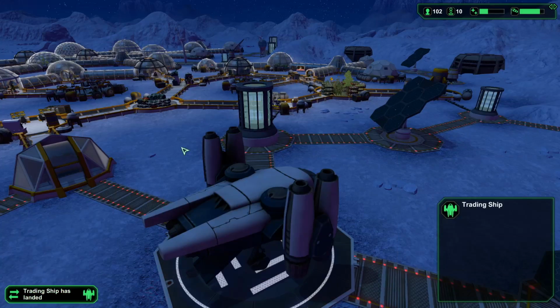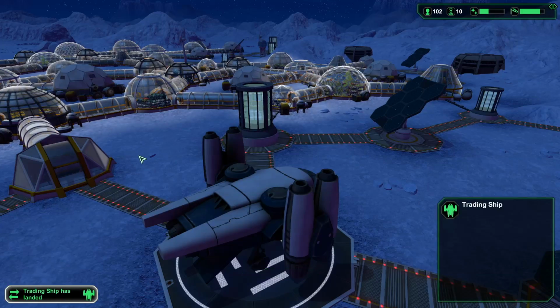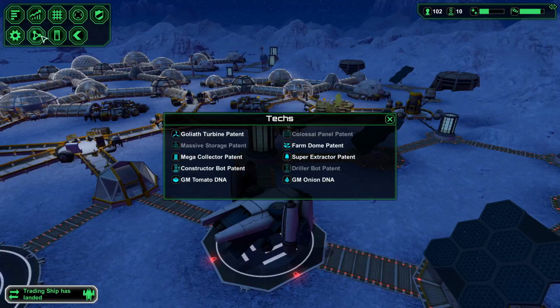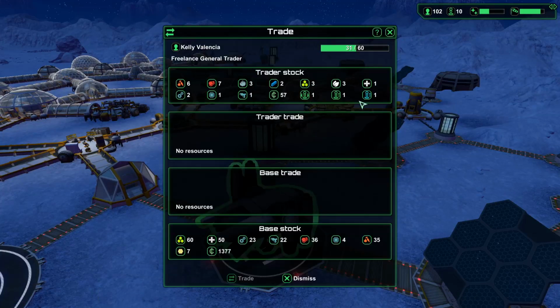No. I've lost my... There it is. Alright, don't go anywhere. Let's slow that down so we don't lose this guy. Where's my menu? There it is. I'm almost positive. Okay. Oh my god, you guys. We've got the drill bot and at the lowest commission rate. So, and I can just pay that